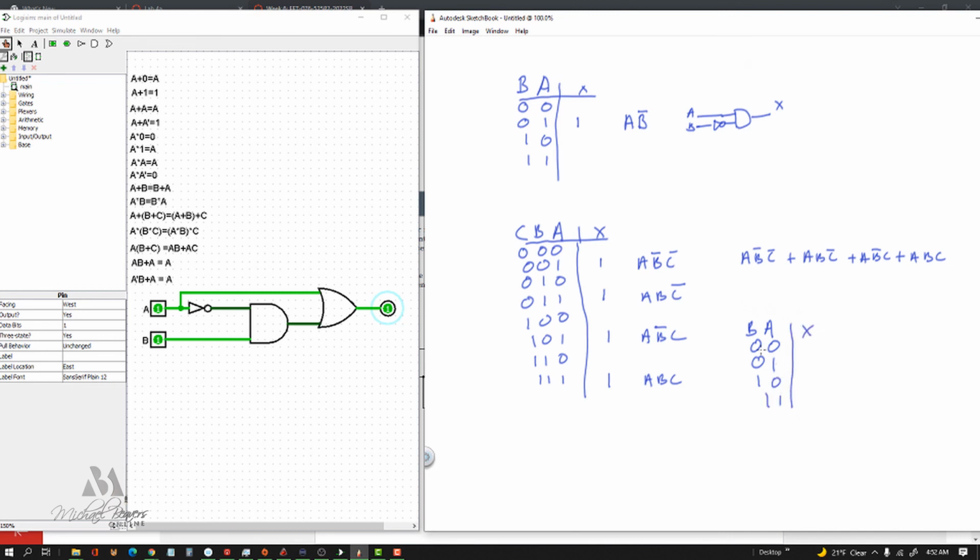There's our output X, and let's run it. So with both inputs at 0, the circuit is off. If A is on, the output is on. If B is on, the output is on. And if they're both on, the output is on. Well, this looks a lot like an OR gate, right? So this circuit reduces down to